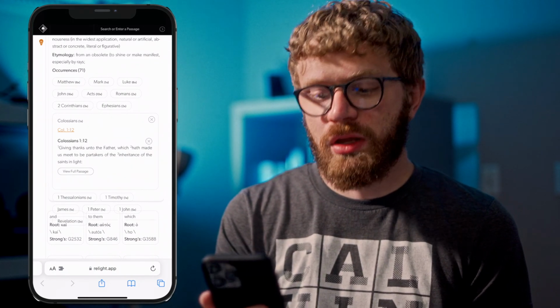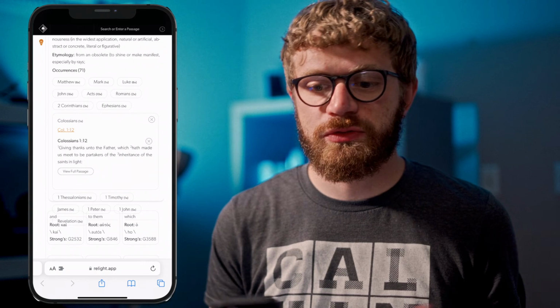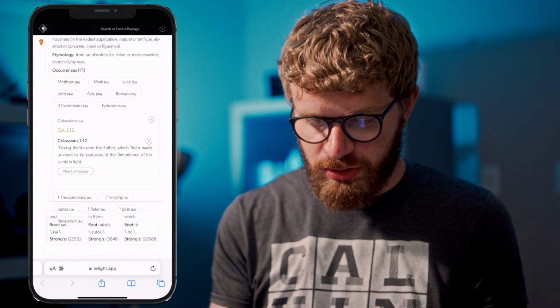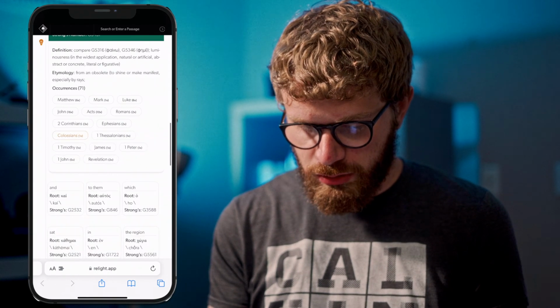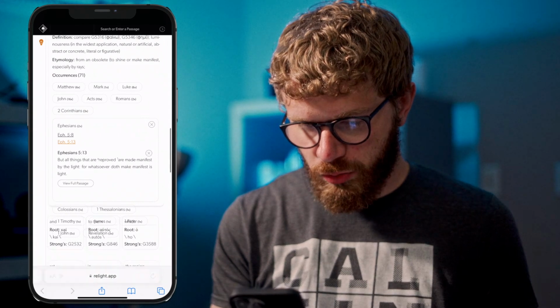the New Testament. One of the reasons this is my favorite is because, as human beings, the way that we tend to learn language is to hear a word used in a bunch of different contexts. It's a lot easier, maybe you read a word one time and you see how it's used and you look it up. You don't feel like you necessarily have a full grasp of that word until you've read it 5 other times in 5 other different books. I'm talking in English here. And so I like to sometimes just come through here and tap on the different places and just see all the different places where the word is used.